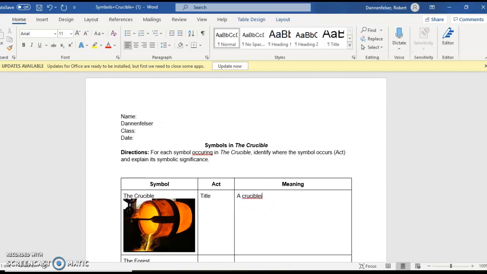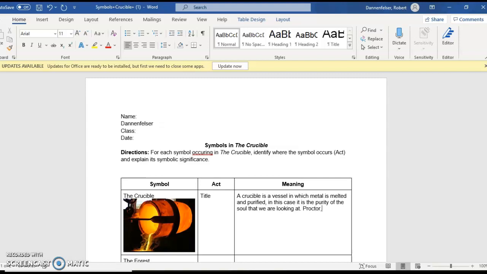Crucible is a vessel in which metal is melted and purified. In this case, it is the purity of the soul that we are looking at.